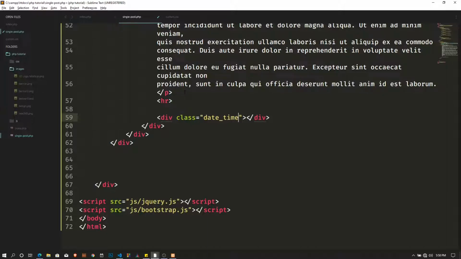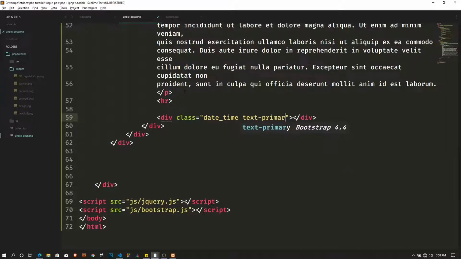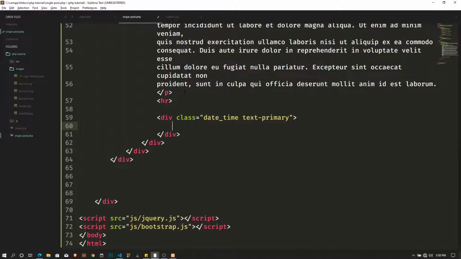I'll call this date time, then text primary. Okay, and now we have a span tag and an i tag for making your text be in an italic form. And then after this tag, rather, let's put it inside of this place. And then we have the date, and it is